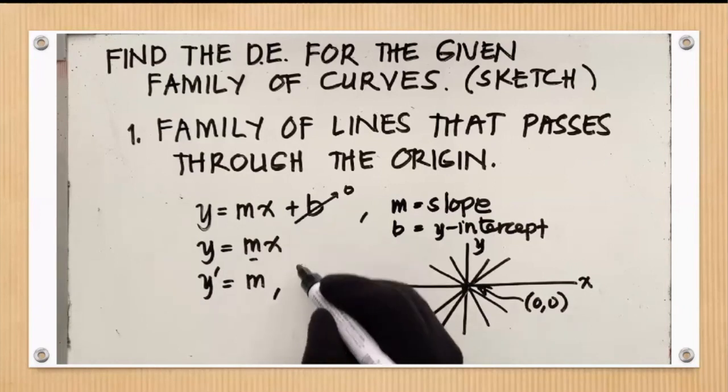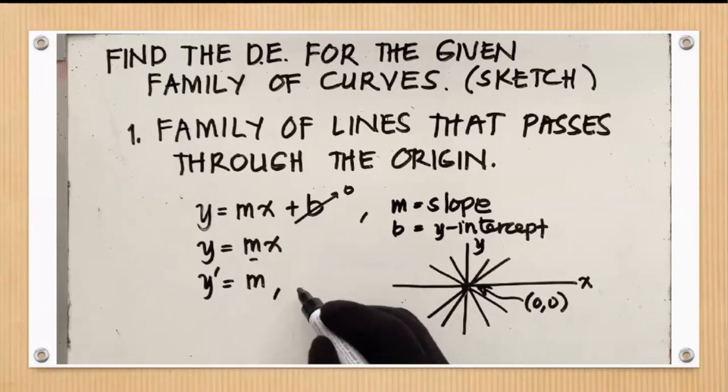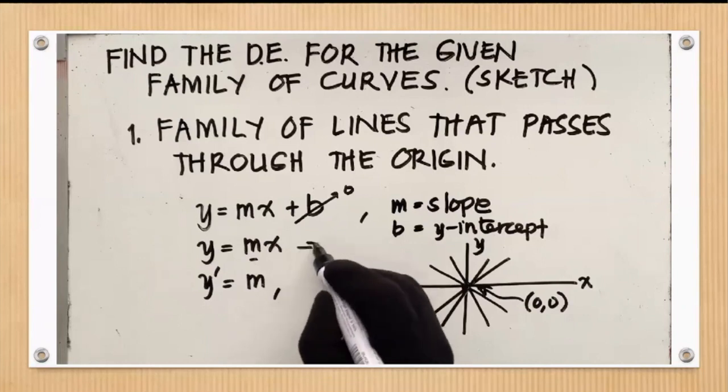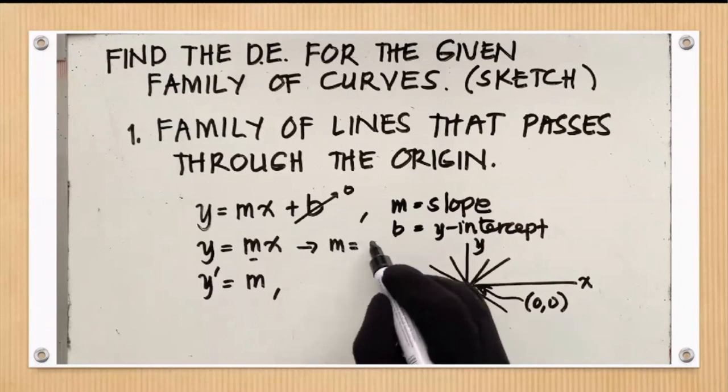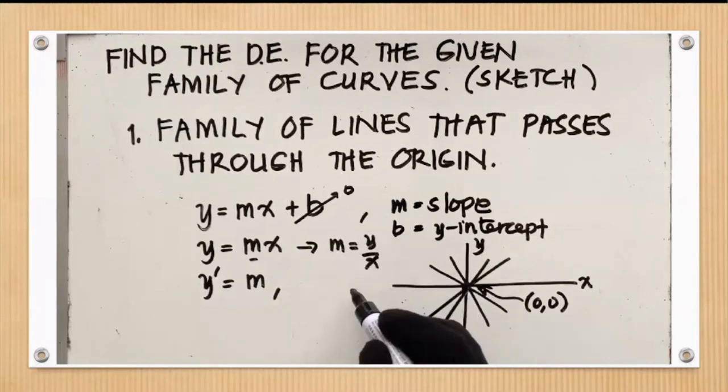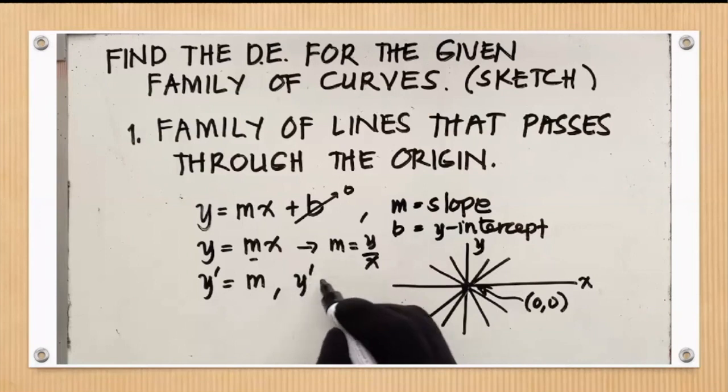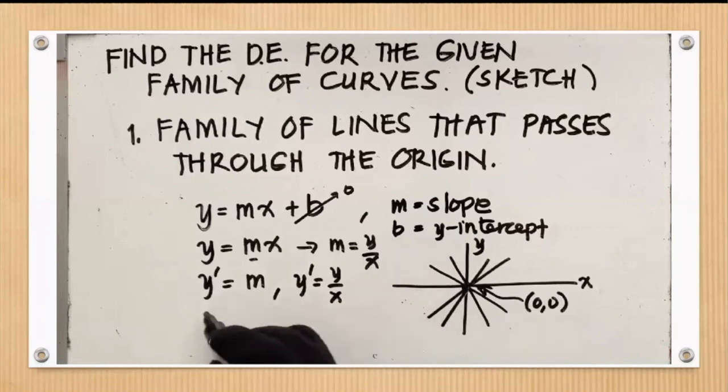Pero you need to eliminate, di ba, the arbitrary constants. As you notice, pwede mong gamitin yung first equation mo na y equal to mx para masolve mo yung m. M is equal to y over x. Okay, so you plug in the value of m equal to y over x dun sa ating final equation. So, y prime is equal to y over x. So, yun na yung final answer mo,